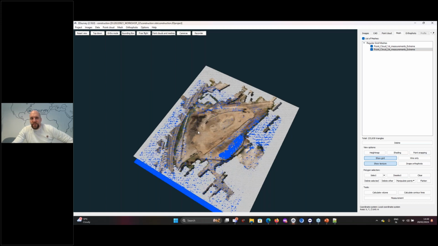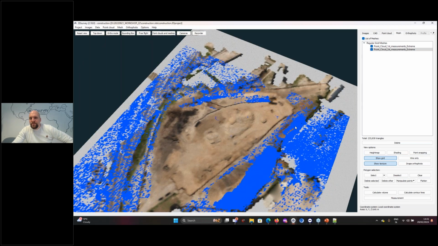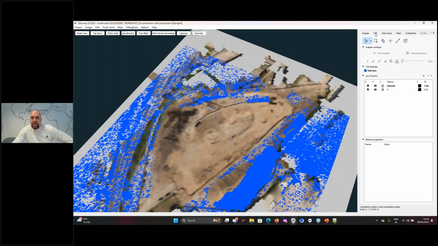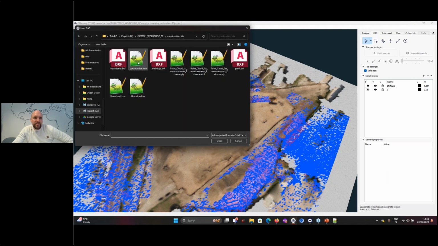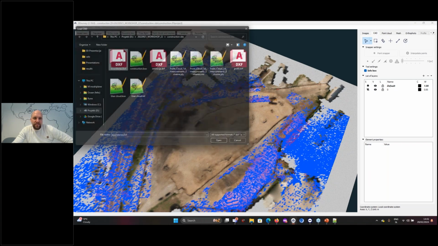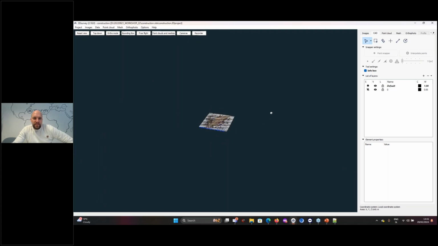Now, in order to calculate the volume of an area of interest, we first need to define the area of interest. So one way to do it is like we did it initially, when we press select and we just draw where we want it. But a better way to do it is still to have this defined in a CAD line. So I will just now load a boundaries file I have here in DXF. In this case, where is it?